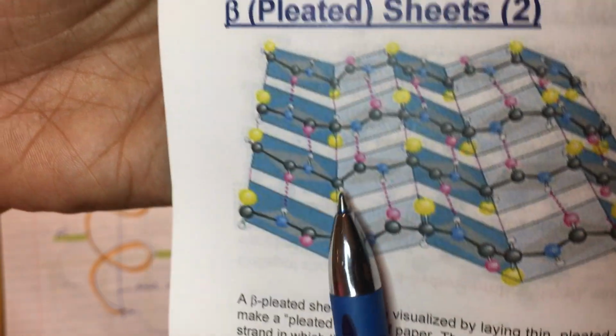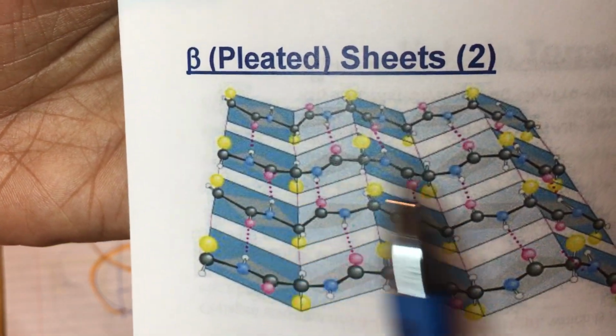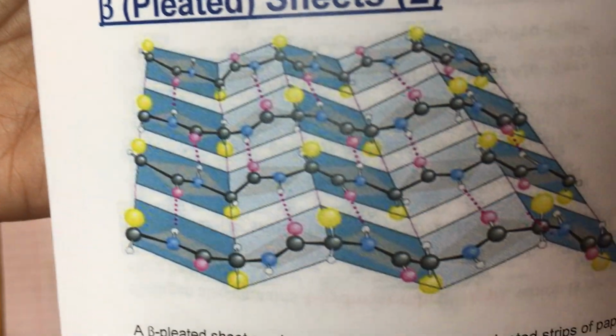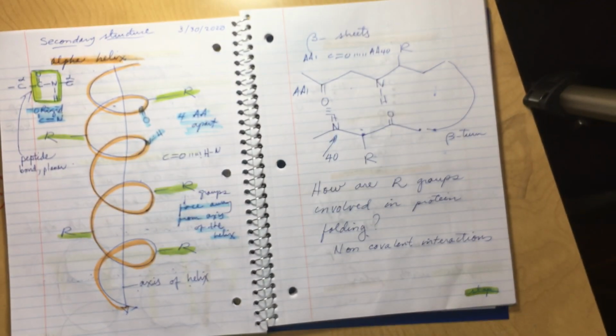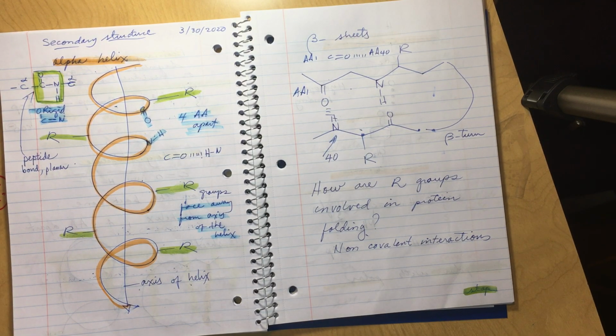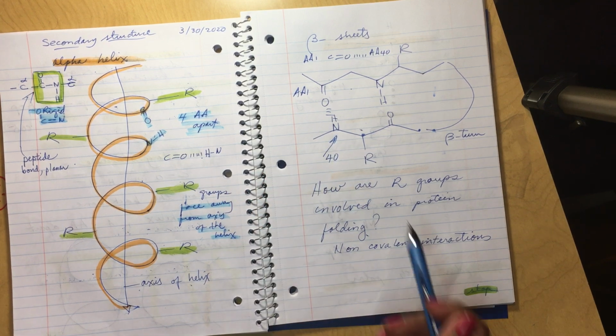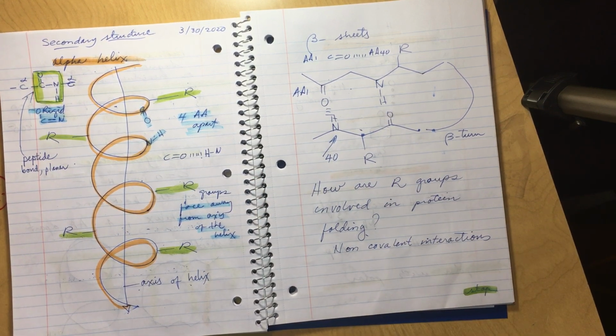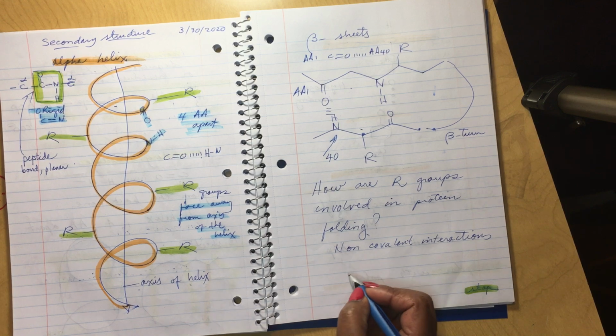This is a picture from a different textbook. It looks like a folded page, so that's why it's called the beta sheet. That is important for the secondary structure. So we also have that there are no covalent interactions in this case, but how are we going to use covalent interactions for protein folding? We only will use the disulfide